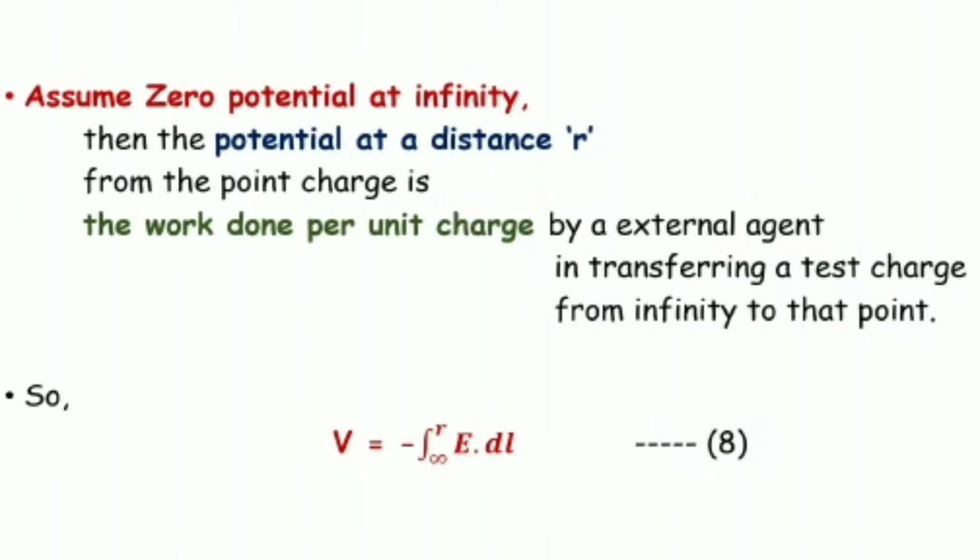When we have considered our measuring point small r with reference to the origin point, the origin point we have taken with reference to infinity. So, with infinity at point A, we can write the potential as V is equal to minus integral V_A, where A is now considered to be infinity, and we have taken the B point at r distance. Therefore, the integral of E dot dl is our eighth equation. So V is equal to minus integral from infinity to r of E dot dl.